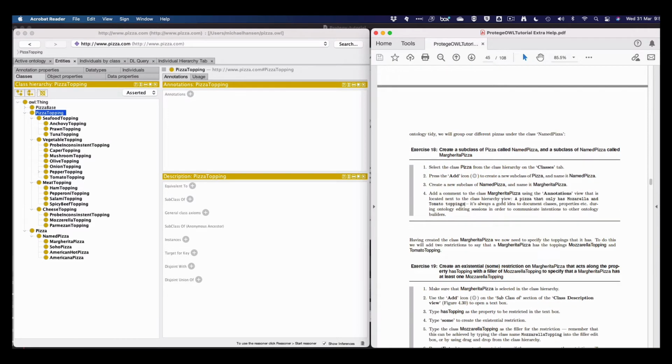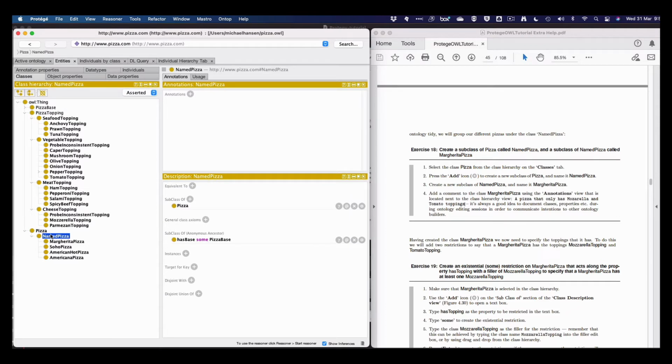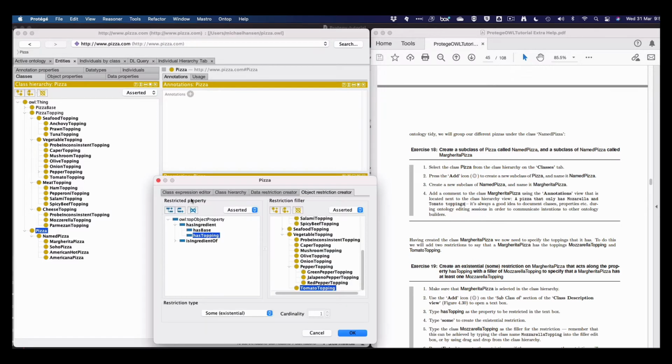So that was here, right? So it was actually on creating a subclass to pizza called name pizza. So that's what we did here, right? And then create a new subclass of name pizza named margarita pizza. Now when I did that last time, let's just go in here, then I create subclass of,